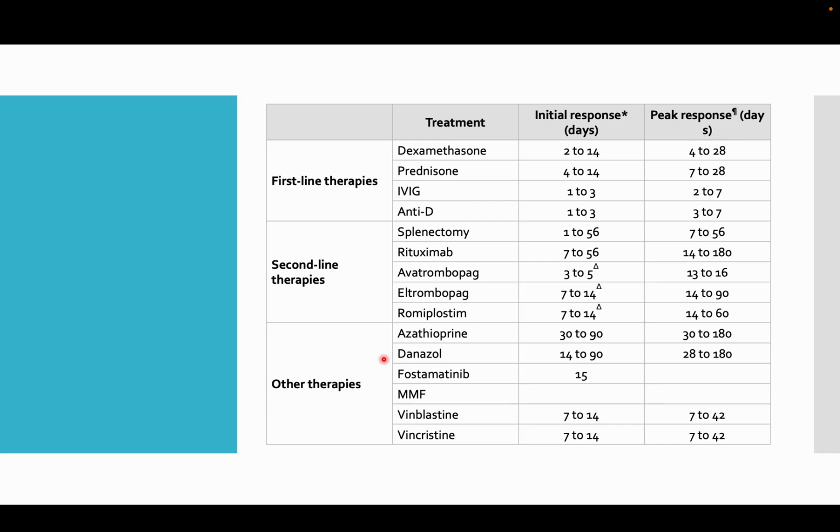The response with steroids, prednisone, comes in 4 to 14 days, and the peak response is in 7 to 28 days. This is important to weigh: whether you should give a platelet transfusion or try IVIG. If there is a critical bleed, you should definitely give IVIG or anti-D. If the patient has minor bleeding, you can wait and watch, since the patient will get a response by day 2 or day 3